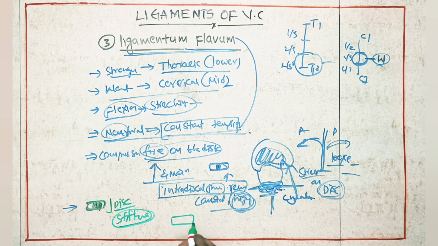Because of this stiff shape of the intervertebral disc, it is going to resist, to prevent the bodies. This is the body of the vertebra, this is also the body of the vertebra. Because of the high intradiscal pressure created inside the disc, the disc is going to be stiff in this structure. Because of that stiffness, it is going to maintain against compression forces or distraction forces between the bodies of the vertebra. So this is about the ligamentum flavum. Okay.